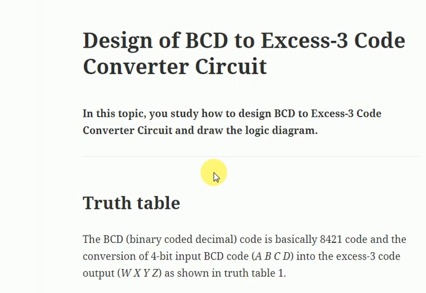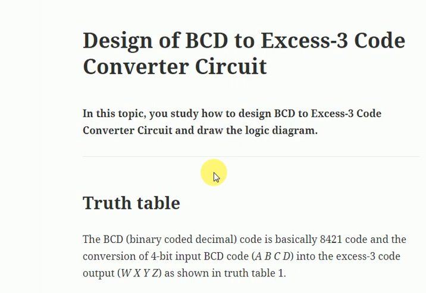In binary coded decimal, we convert a decimal into binary having a weightage of 8421. In other words, BCD is also known as the 8421 code, in which we convert the decimal into binary numbers.